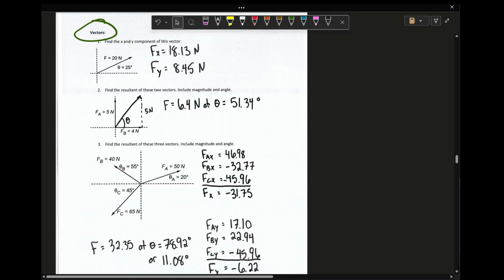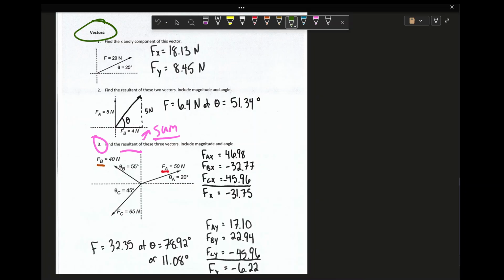Okay. So for the vectors, let's just pick question 3, because that's going to involve all of the skills from 1 and 2. So question 3, find the resultant, which basically just means the sum, adding all these vectors together, including the magnitude and the angle. There are 3 vectors. They are A,